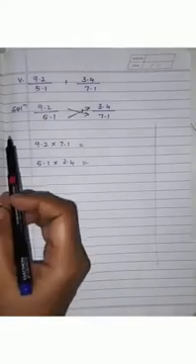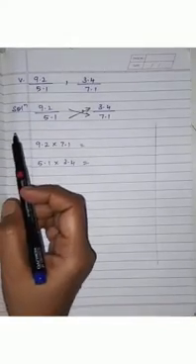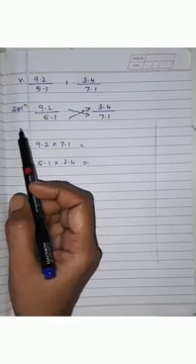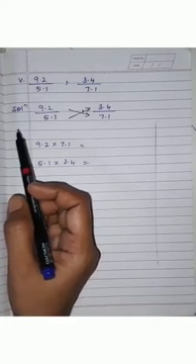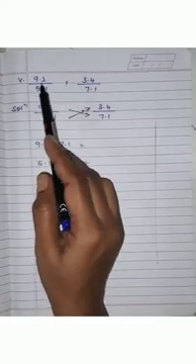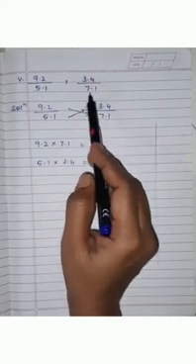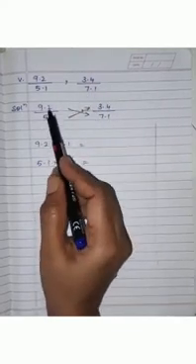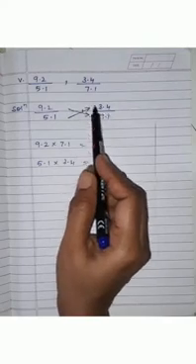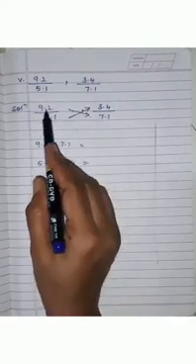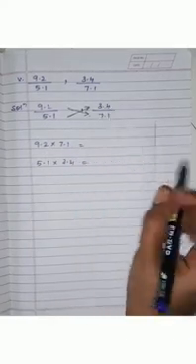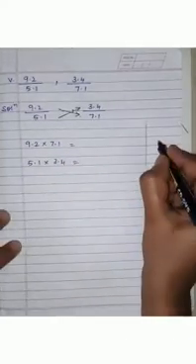Now students, from main question 3, compare the ratios. First one and second one I did. Sub-question 3 and sub-question 4 you are going to do by yourself. Now this is the fifth one, in which I have to compare the ratios 9.2 upon 5.1, comma, 3.4 upon 7.1. So here you can see that with the solution I have done the cross multiplication. So 9.2 I have to multiply with 7.1 and 5.1 I have to multiply with 3.4. So let us multiply now.